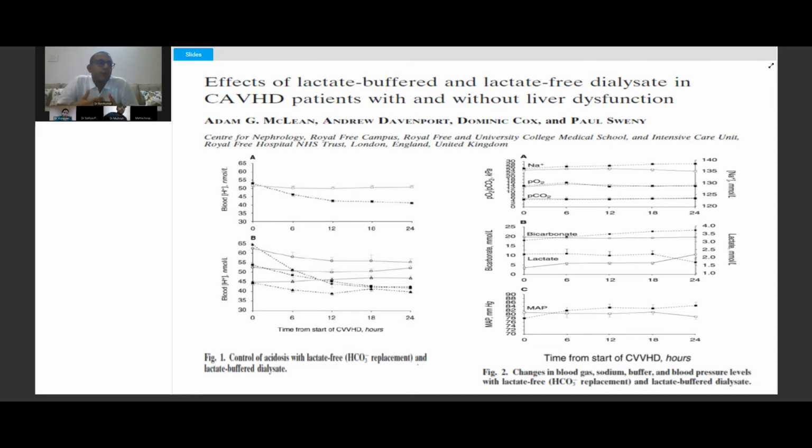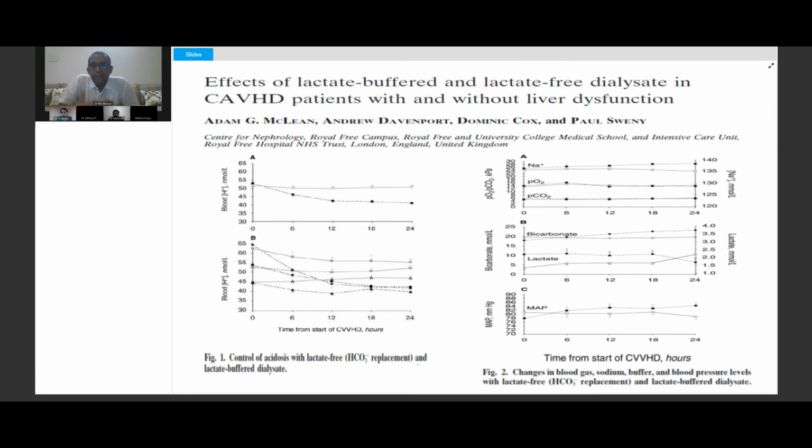But the problem when you use a bicarb-based solution is that there is a risk of precipitation, because normally a dialysate fluid also has magnesium and calcium. Another problem you may have is that bicarbonate solutions are unstable. It can diffuse and produce carbon dioxide, and if your ventilation is not properly managed, it can cause more problems.